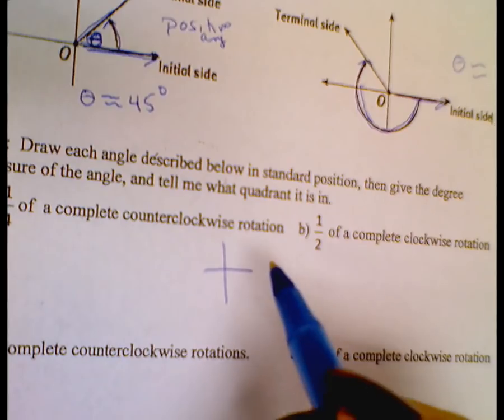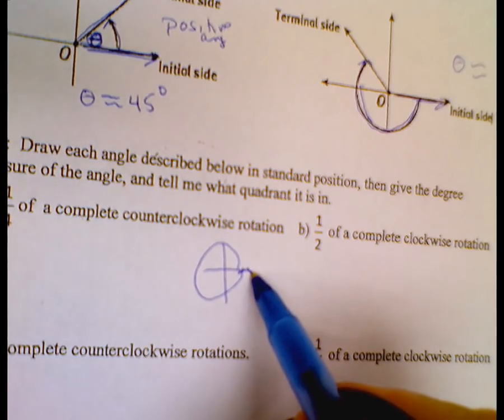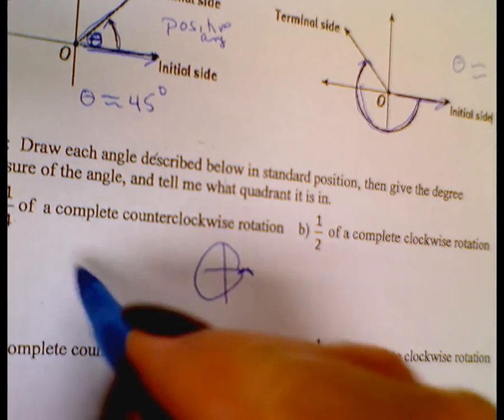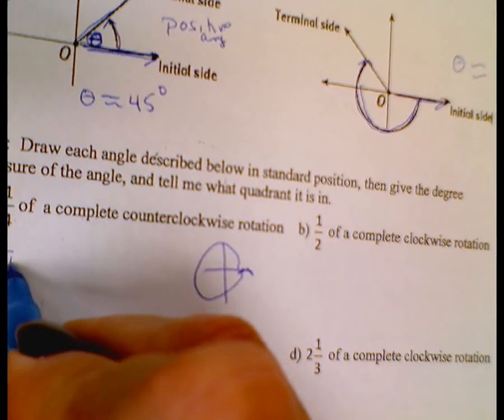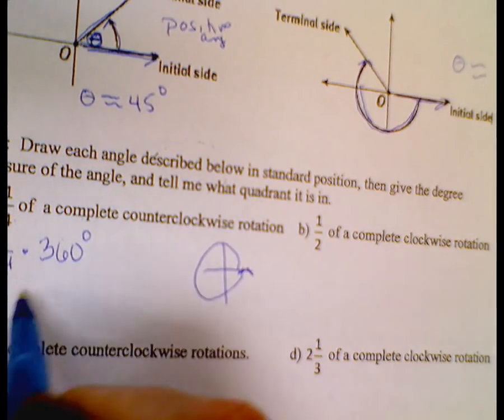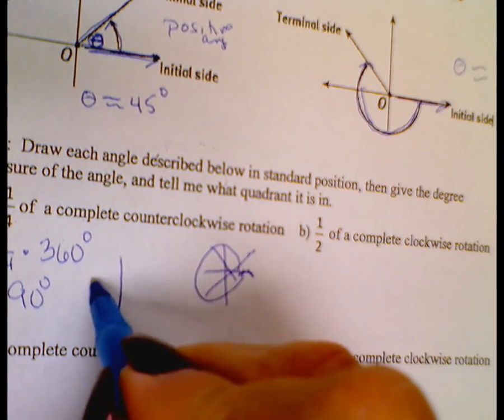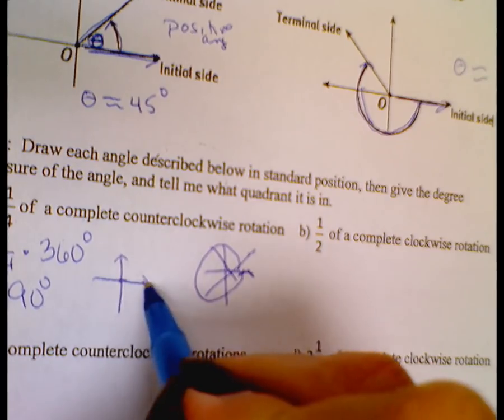So here's what one counterclockwise rotation looks like. That's one. That's the whole thing. That's 360 degrees. But we're only going to go 1/4 of that. So 1/4 of 360, which is 90. So if we're drawing a 90-degree angle, you're going to draw an X and Y axis, positive ray,